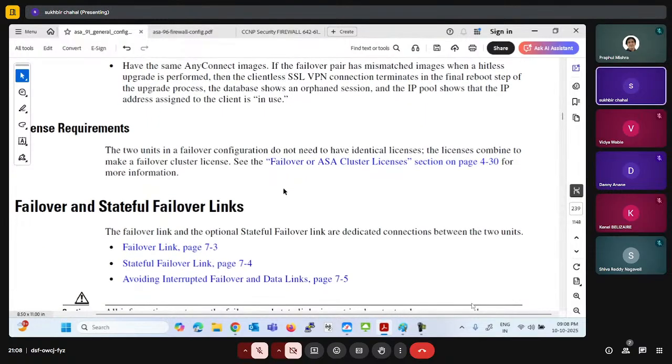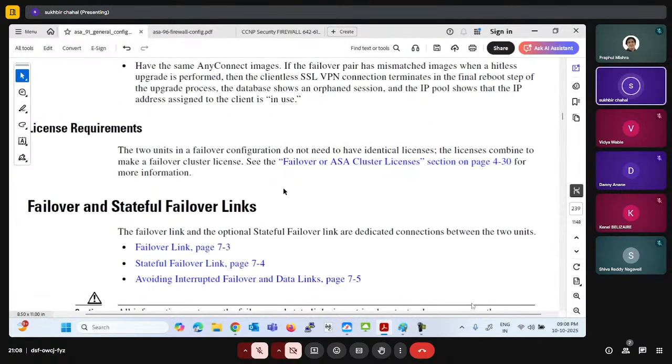Okay, and later on you need licenses as well. You need to make sure that two units in a failover configuration do not need to have identical licenses, so the license must be the same in that case. Okay,